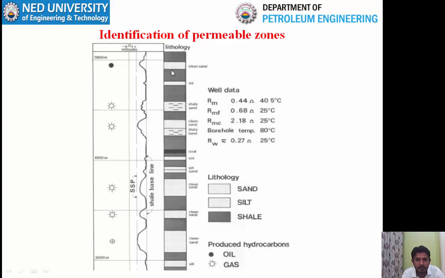So you have the maximum deflection in this thick clean sandstone and this clean sandstone, and in other formation, thin formation or shaly sandstone, you do not have the full deflection. So the full deflection you have found against these two clean sandstones. So these two sandstones would be 100% clean and contain the water. So how do we read the SSP value? We will see in the coming slide.